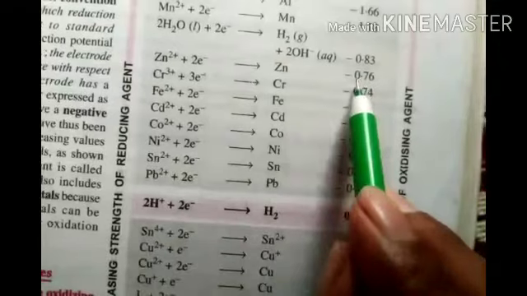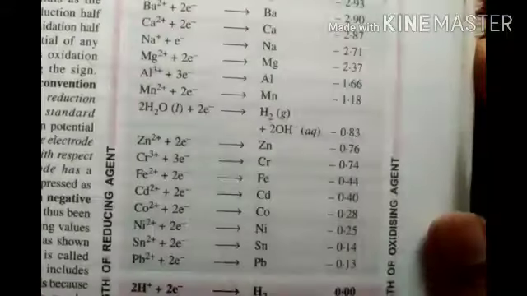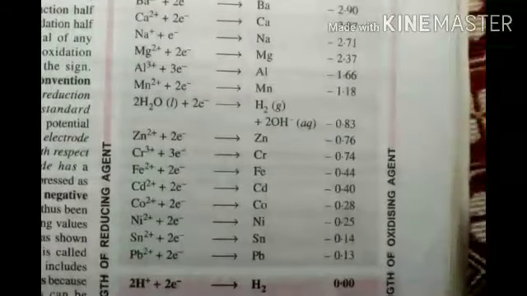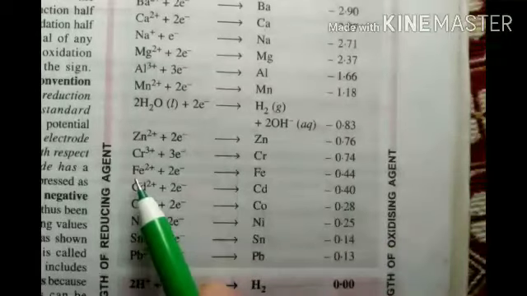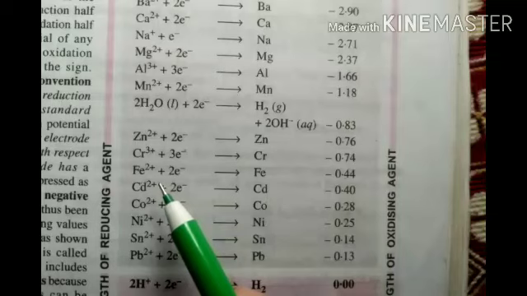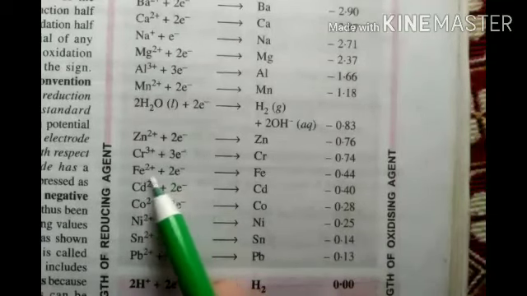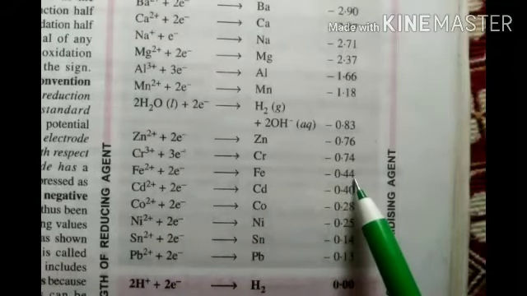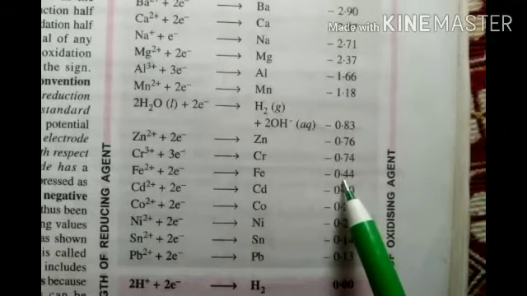We have to remember it. Sir, why do we have to remember it? Because suddenly a problem will come. In that problem, they will give Fe with 2 electrons there and 1 electron also there. Be careful. See here, 2 electrons they have given, minus 0.44. You have to remember it because in the question they will give Fe with 2 electrons.